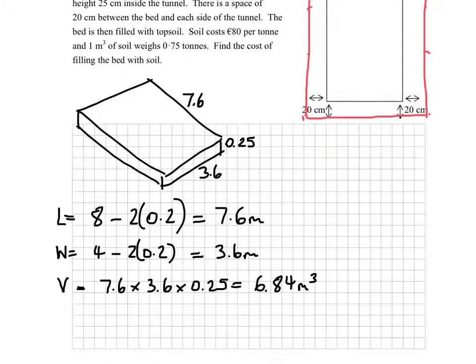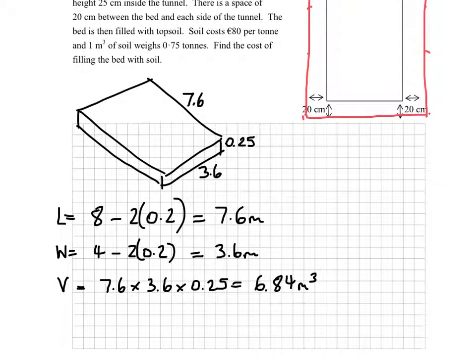So we're asked to work out how much in cost this earth will take. So first of all, we need to work out how much this amount of earth, volume of earth, weighs, because the price is given per weight per ton, or should I say mass. Maybe that mass is going to be 6.84 lots of 0.75 tons, which works out as 5.13 tons,